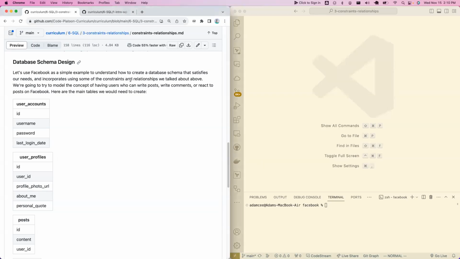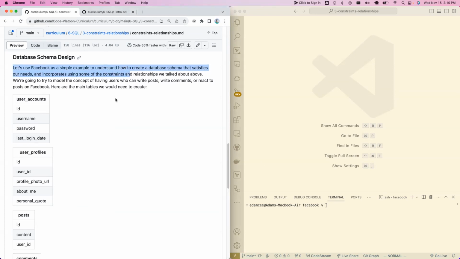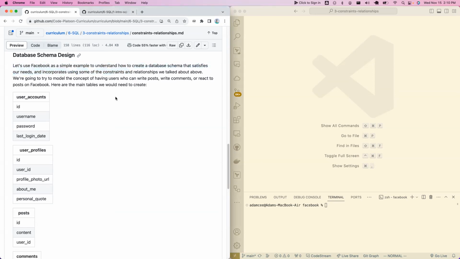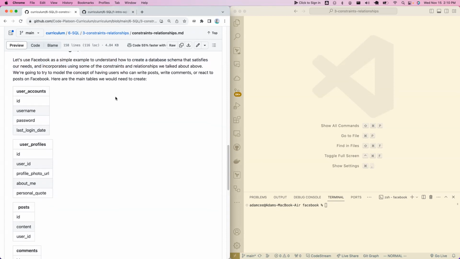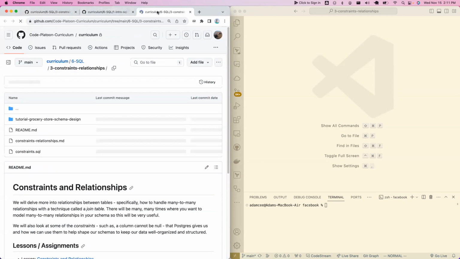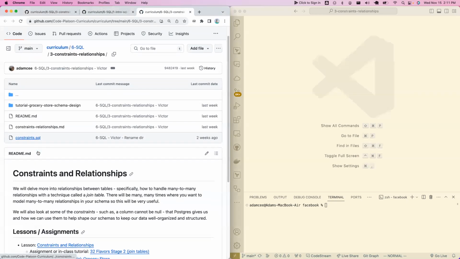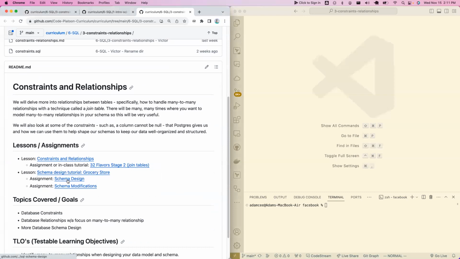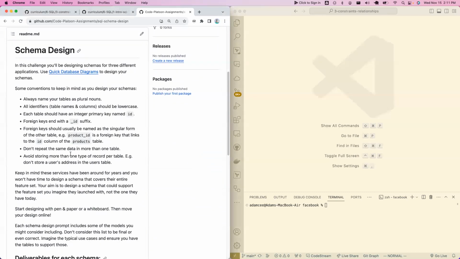All right, so we are gonna do this schema design for Facebook. This one is a little different than doing it from scratch, and I do think the other exercises are good for this. In fact, one of the assignments for today, and I'll probably build something for the Friday demo as well. But one of these assignments is basically